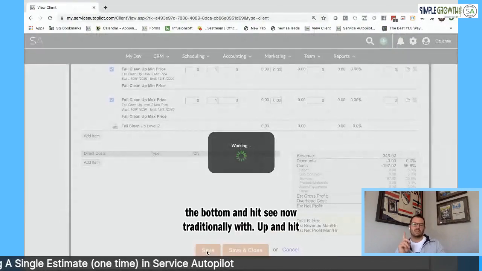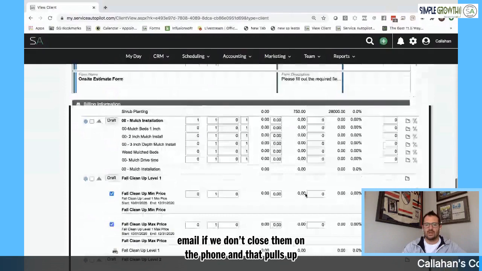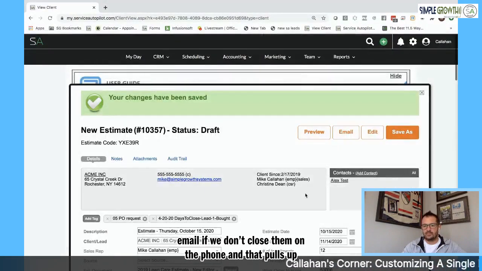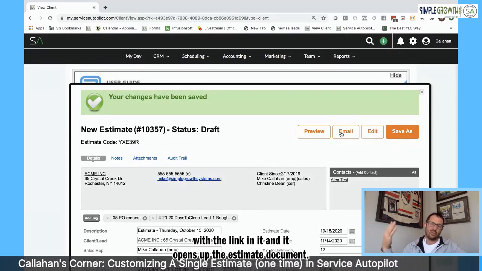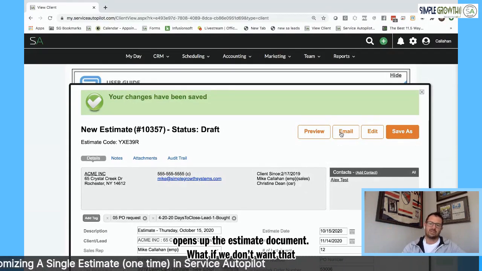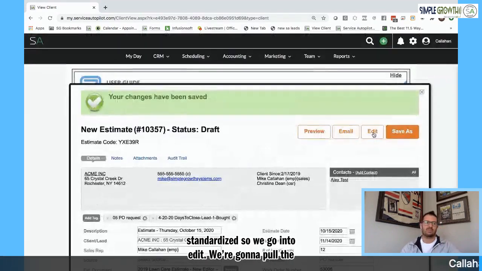Now, traditionally, we'd scroll up and hit email if we don't close them on the phone, and that pulls up that email that we showed you with the link in it, and it opens up the estimate document. What if we don't want that estimate document to be standardized? So we go into edit, and we're going to pull up the standardized document, but this is where we